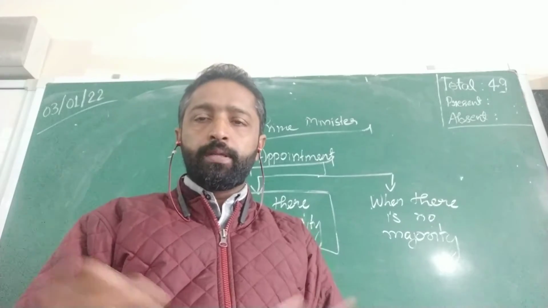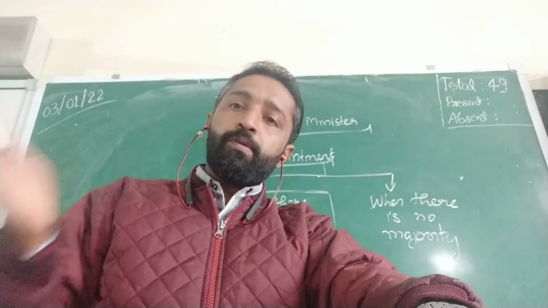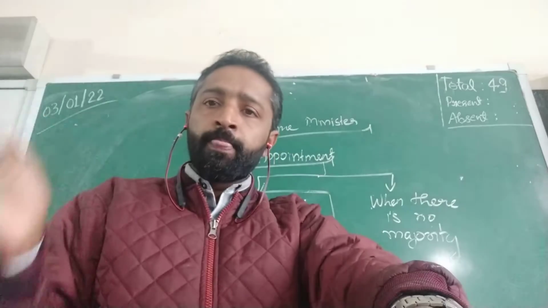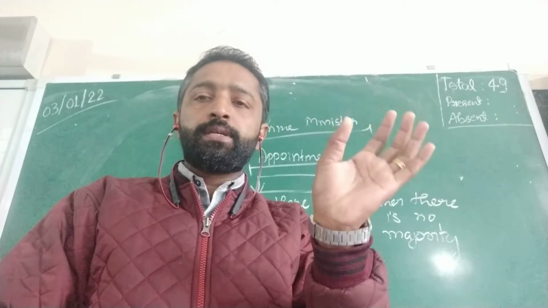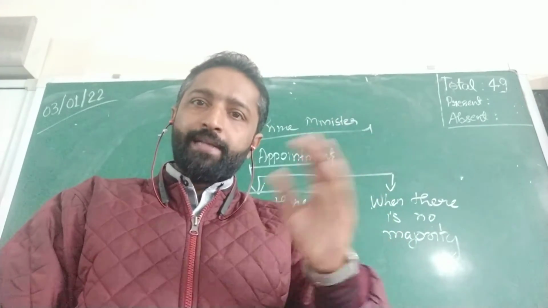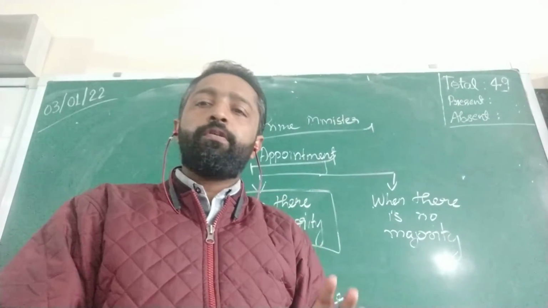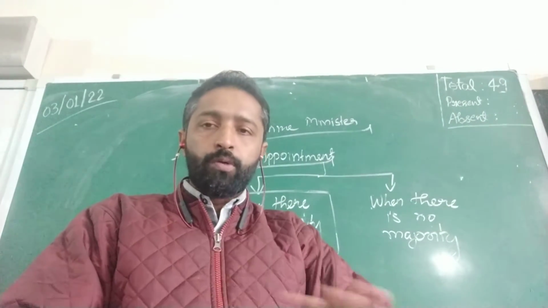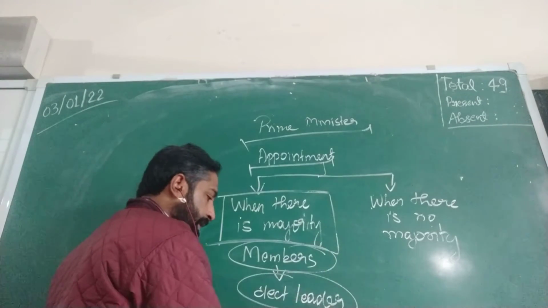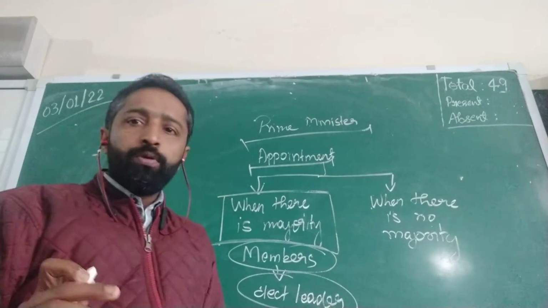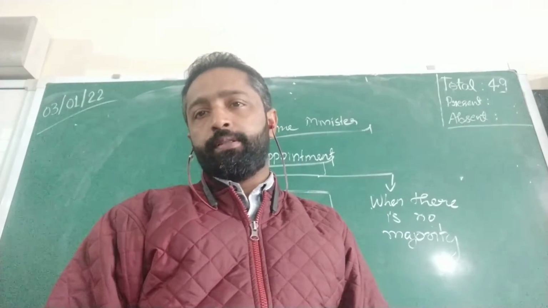The party that has got the majority will come together and elect their leader. Sometimes before the election itself, the party will propagate a person as the Prime Minister of India. If that's the case, that person will be appointed by the President of India as the Prime Minister. So that's what happens in the normal sense. The members of the party will come together and elect a leader, and that leader will be appointed by the President of India as the Prime Minister of India.